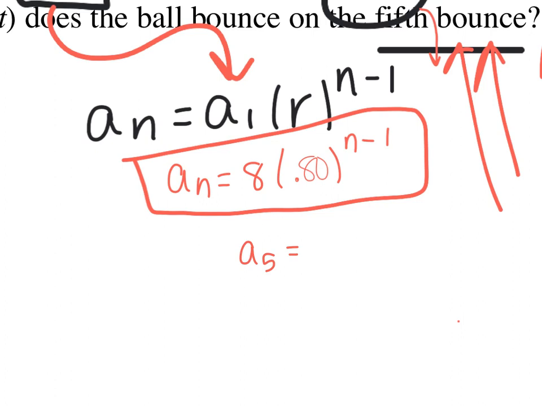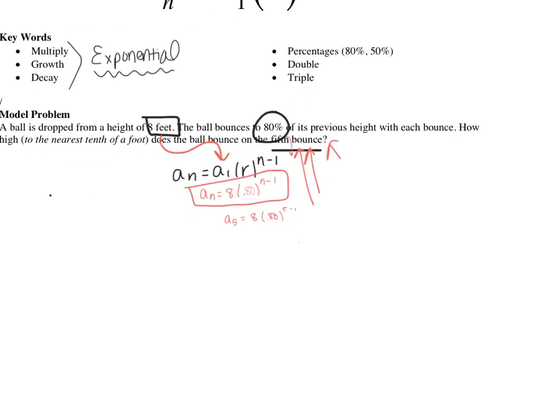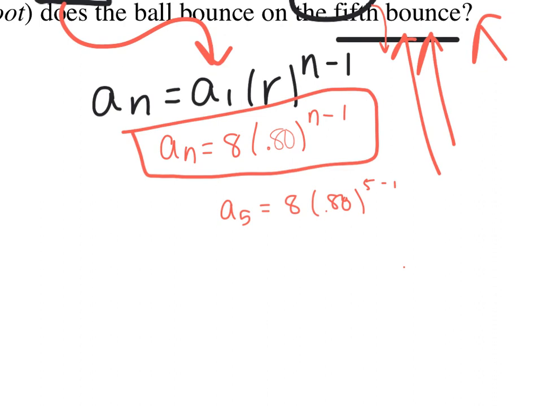So I plug in a 5 for n. And this is all calculator work at this point. You need to type this into a calculator. Again, if you don't have a calculator at home, go to Desmos.com. You can type this into Desmos and you can get an answer. I'm typing, don't worry. After typing this into my handy dandy TI-84 Plus Silver Edition, I end up getting, as my final answer,